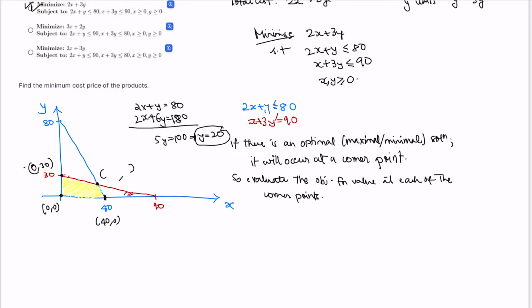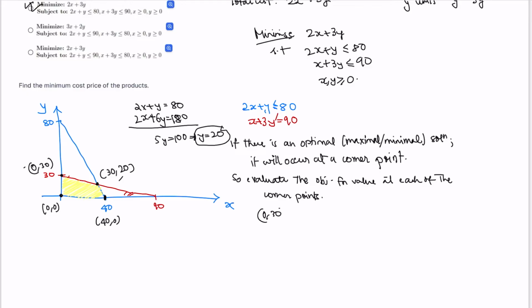That means x is equal to 30. So I'll have 30 and 20 as the x and the y coordinates of that point, right? Which is the intersection of these two lines. Okay. So now what we have to do, we have to evaluate the objective function at each of the corner